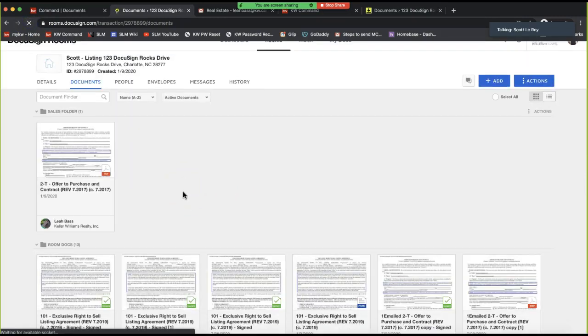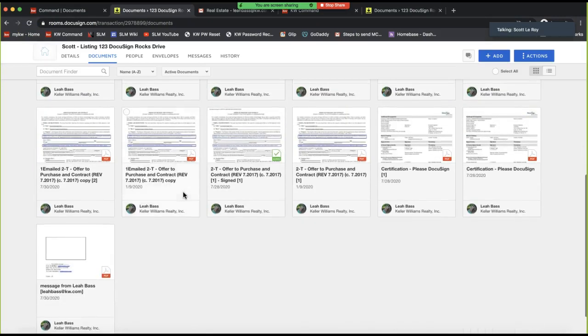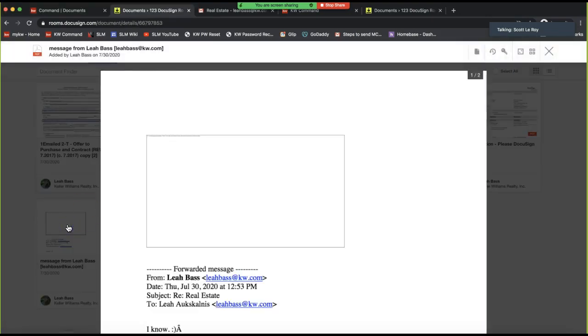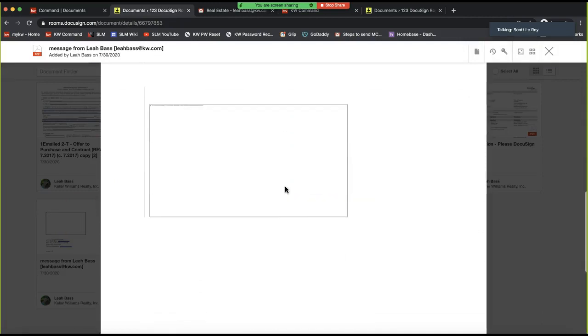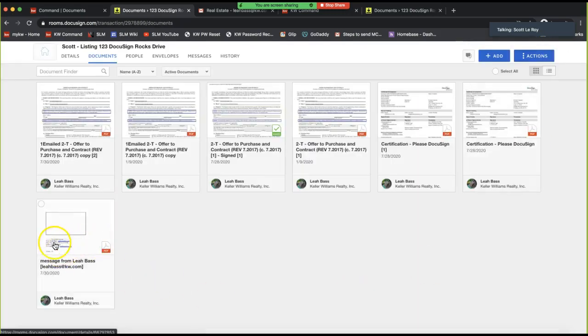I usually have to refresh a couple times. I want to say it takes about 45 seconds to a minute, but then you will see that strand right from your DocuSign room. And I love that feature to be able to hang on to all of my records, turn those into PDFs